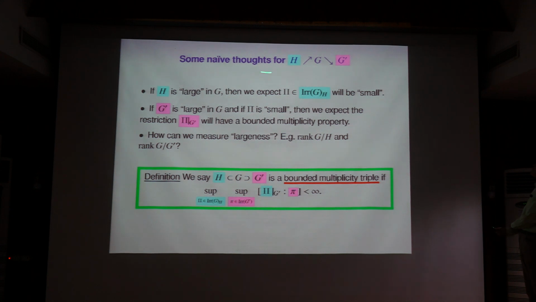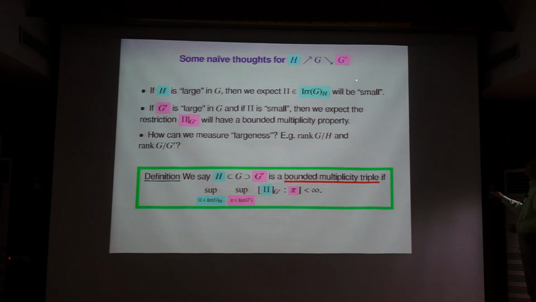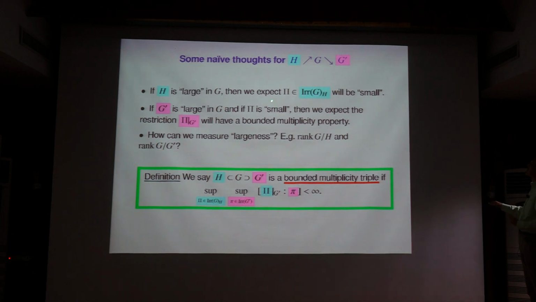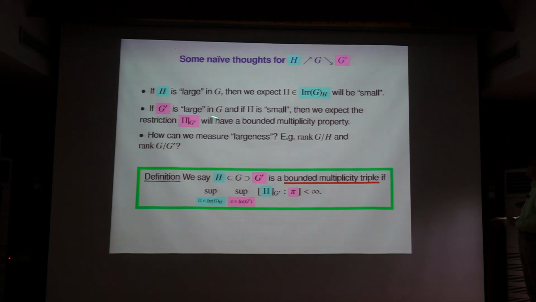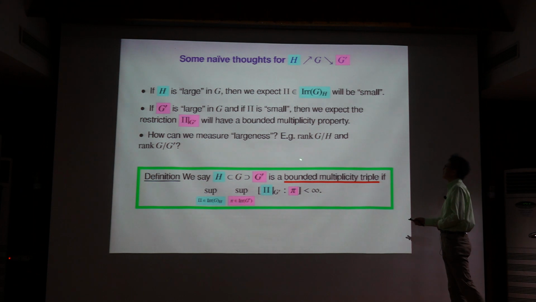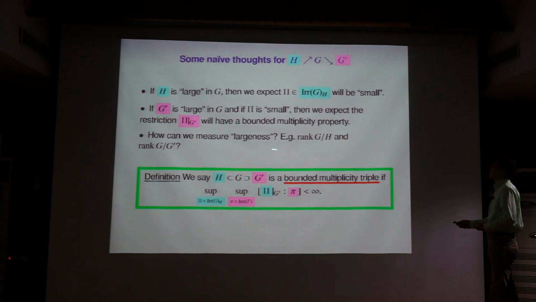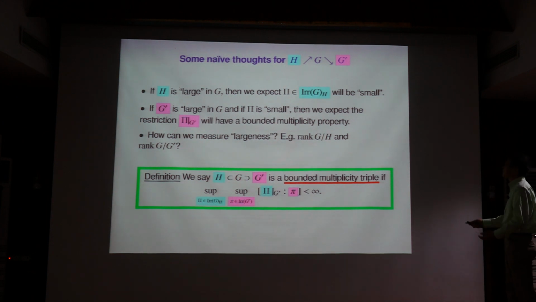And then the naive thought is that if the subgroup H is large in some sense in Z, then we expect that H-distinguished representations may be small representations in some sense. And also, if the subgroup Z prime is large in some sense, and the representation is small in some sense, then we may expect that the restriction of this representation to Z prime is under good control, say, has the bounded multiplicity property. Then how can we measure largeness? For example, the rank of Z mod H may be a property. But we don't consider it in that way; we try to formulate it as a property of the triple,